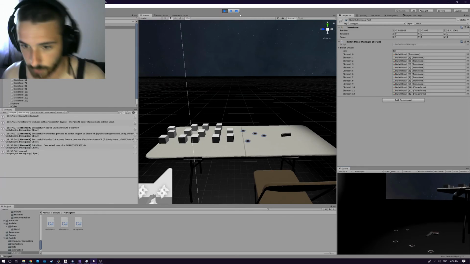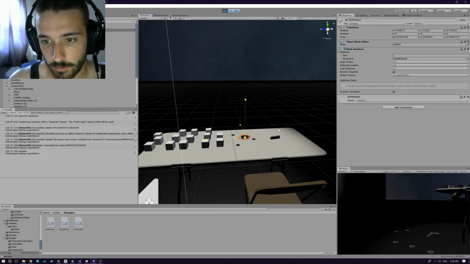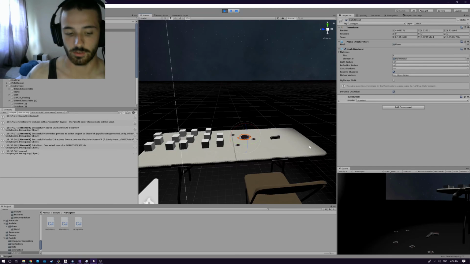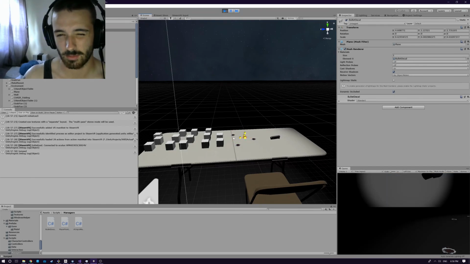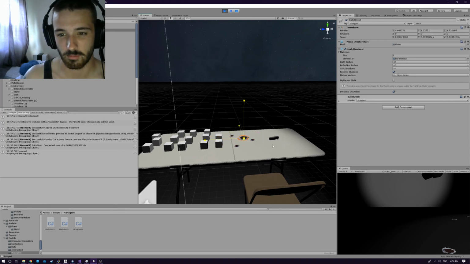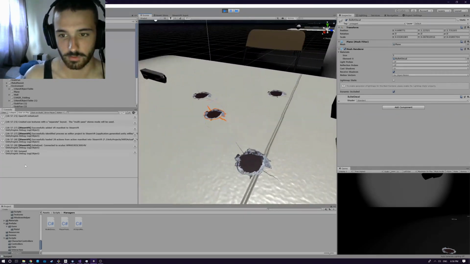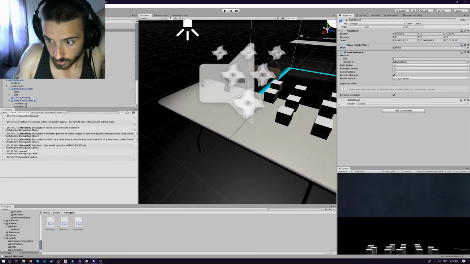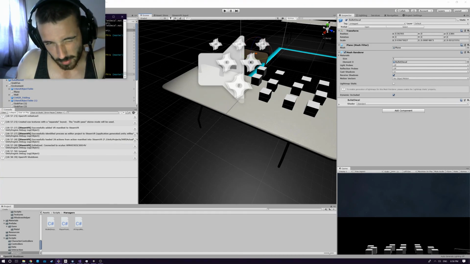What I could do in the future, which I think I've done in the past, is off of every hit you have a range of rotation and size. So it won't be the same size every time. It'll be slightly smaller, slightly bigger, and then you can rotate it slightly so it looks different. But I'm not going to go make a bunch of effects. I hate doing GUI stuff in modeling, so I'm just here to code, kind of play around, and get a little better at it, I guess.